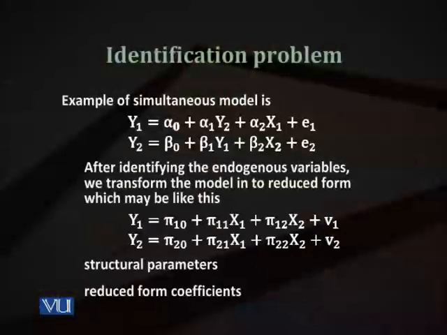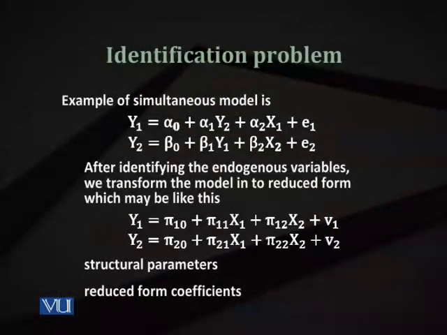So you have regression equations which are independent, which are not simultaneous, because if you transform the model in such a way that you have, say, 2 equations in which both equations have only exogenous variables on the right hand side, then you can safely apply OLS because the problems that I discussed earlier are not present here. So let's take an example.